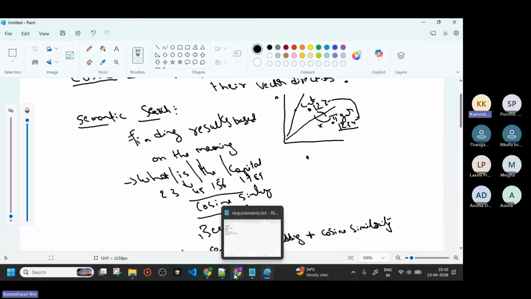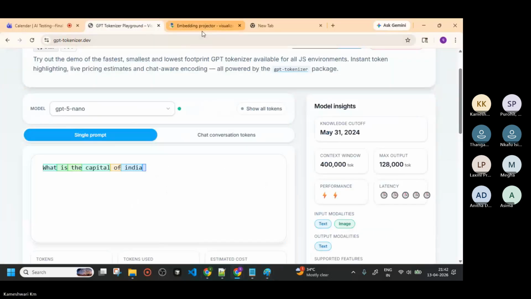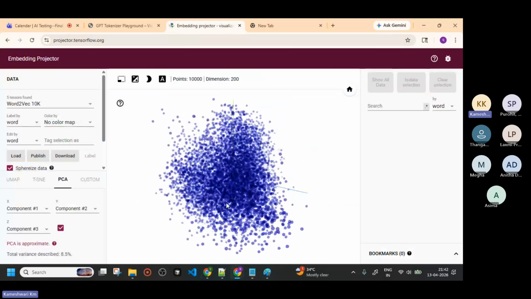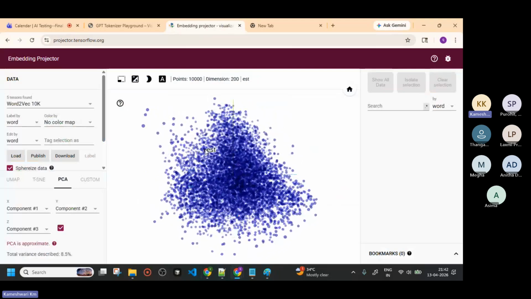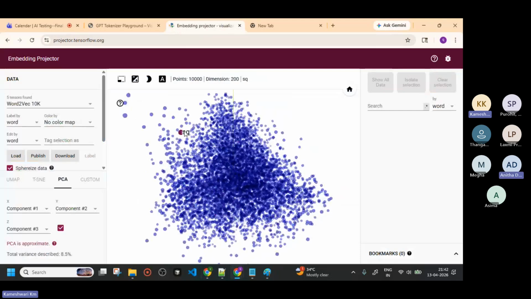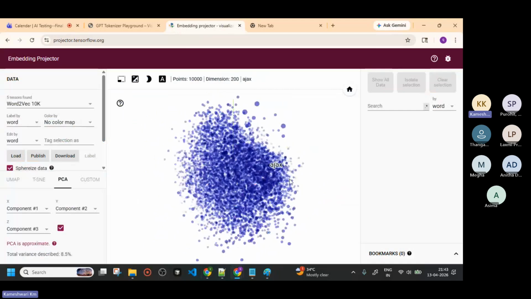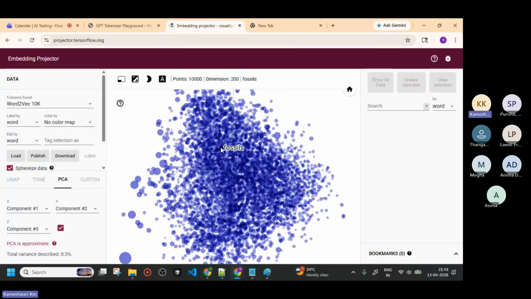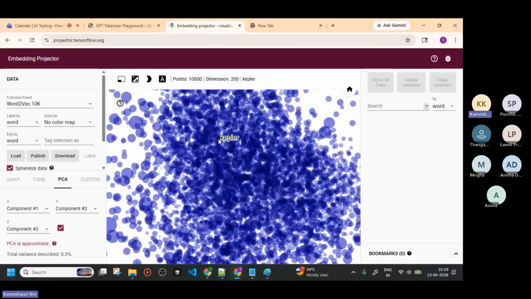How it looks is like the embedding. See, these are the dimensions X, Y, Z. You have seen these are the embeddings, like one dot each. This is normally a vector representation, so everything is embeddings. You can see how it has been designed. If you ask any question, it will check nearby points. If things are related to each other and very close, that means they are very similar to each other.